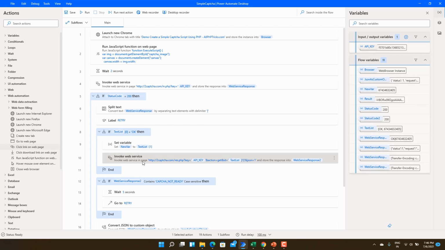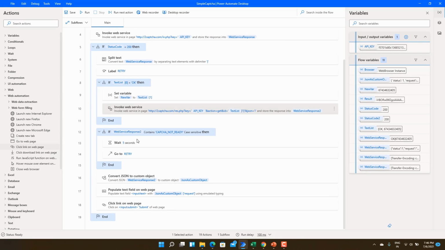Once the invoke web service action completes its operations, we will get a response in the web service response 2 variable. If the CAPTCHA is solved, we will get a status 1 and the CAPTCHA output. Otherwise, we will get the string CAPTCHA not ready.